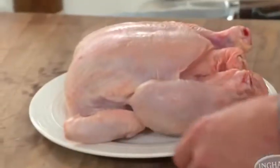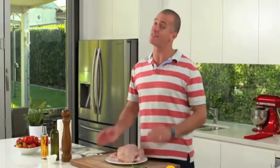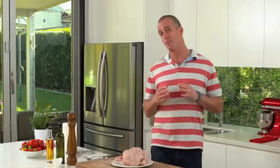One of the most common questions I get asked as a chef is not just how to make a perfect chocolate cake, but how to do a really great roast chicken. And it's a fantastic question because a perfect roast chook is a brilliant way to entertain the family and friends. But the answer,